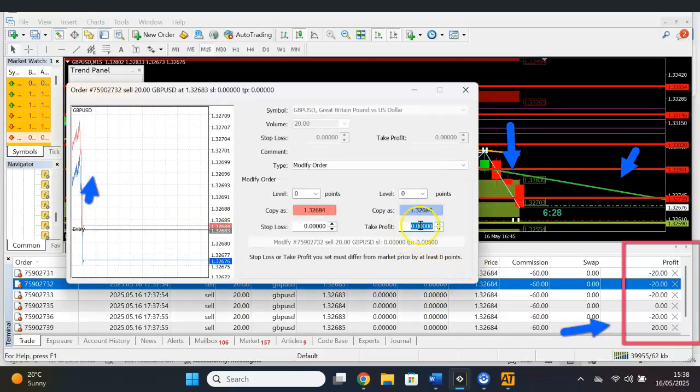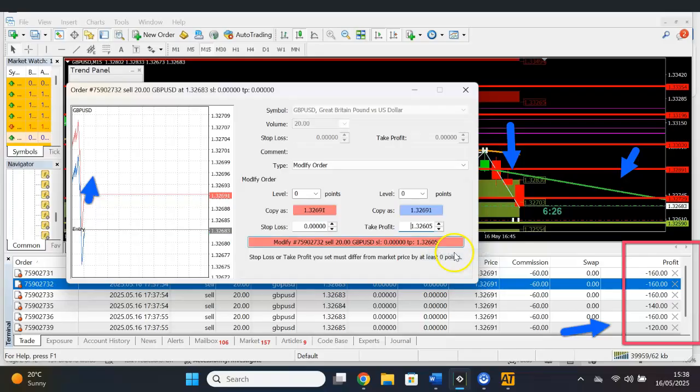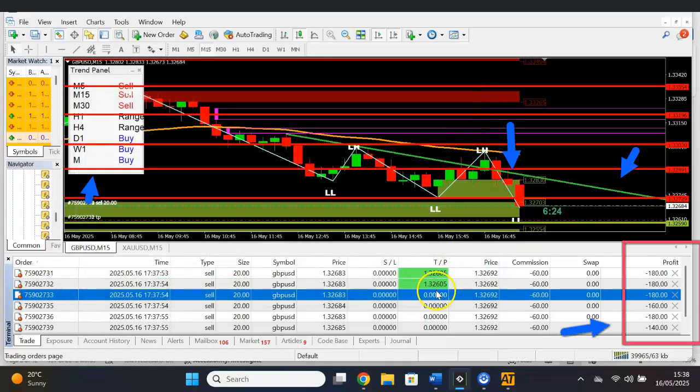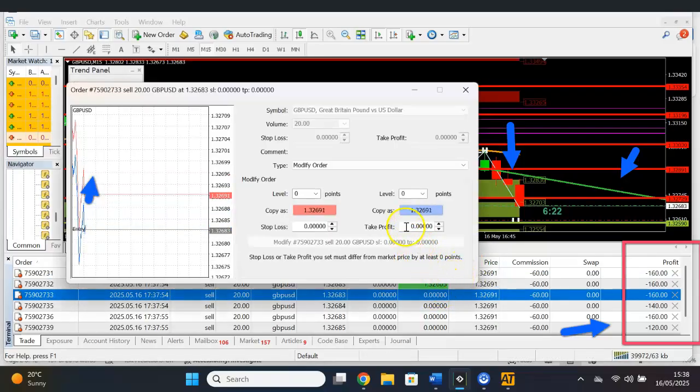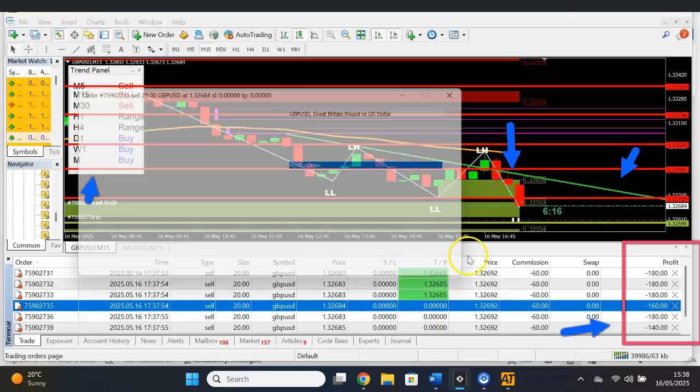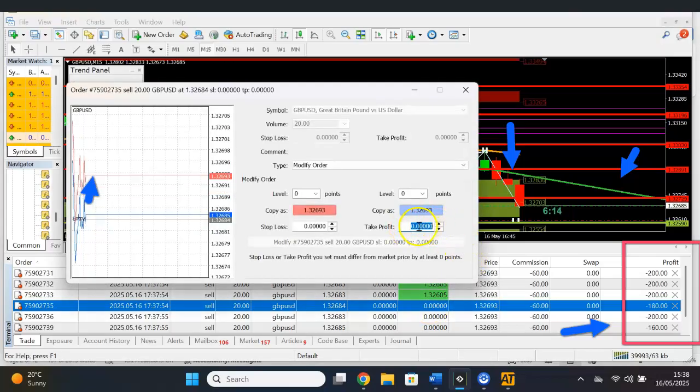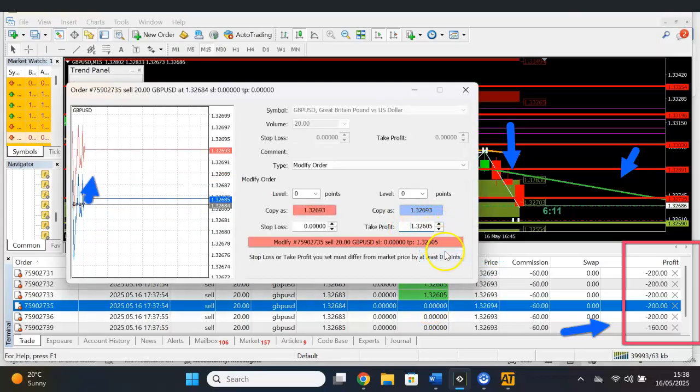So we have several confluences that state that we are going on a downtrend. We have a lower high going down to a lower low. We have your resistance level, which means price can't go past that level. We have our trend panel on a 15-minute time frame, which is what we're using, which states that we are